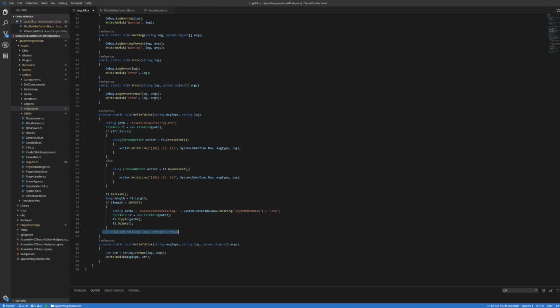So I'm thinking maybe 5 to 10 log files that rotate, and I'll have to figure out how I'm going to do that. Right now the logs are just being put into the resources directory in the Unity project, which is kind of dumb, but I just picked that because that was easy enough to access and easy to reference. Alright, so now on to the other problem we had, which was the removing,